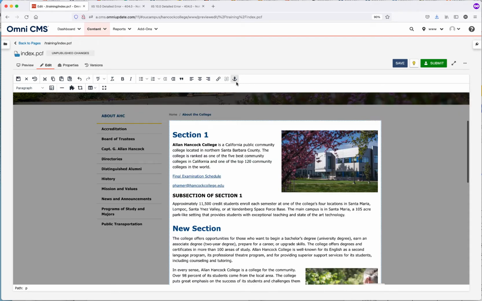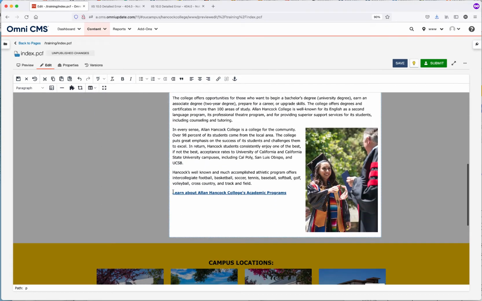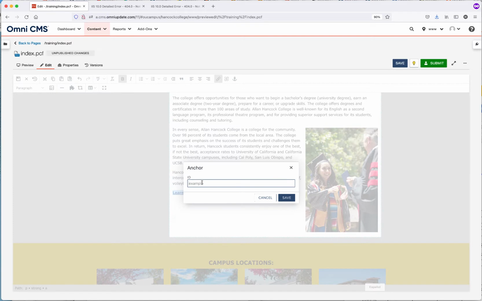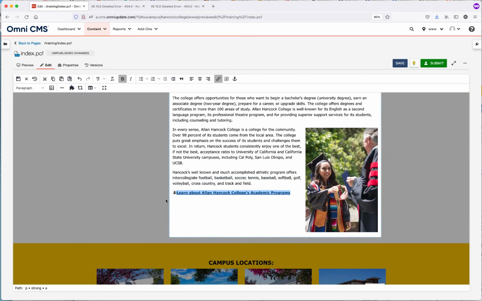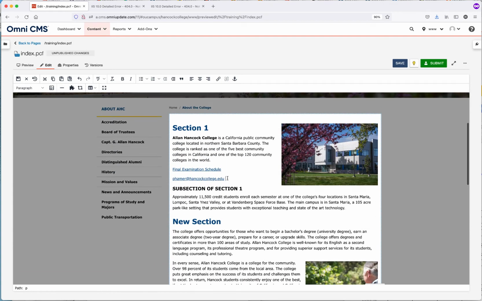The next tool is the anchor link. If you want to link to another place on the same website, first you would add the anchor to the place you want to link to. So I'll go ahead and add it down here. Then you click on the anchor link. You give it a name, and it's just all lowercase, something that's easy to find. Go ahead and click on Save, and then it puts a little anchor down there,